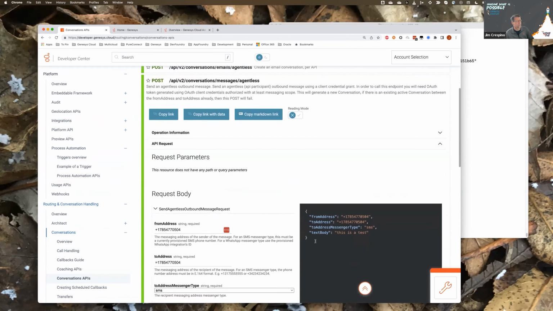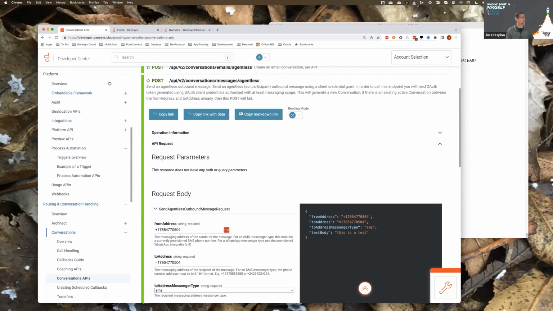That exactly will send your SMS message to the user. And so you could call that multiple times for different phone numbers and send SMS triggers to Genesys.